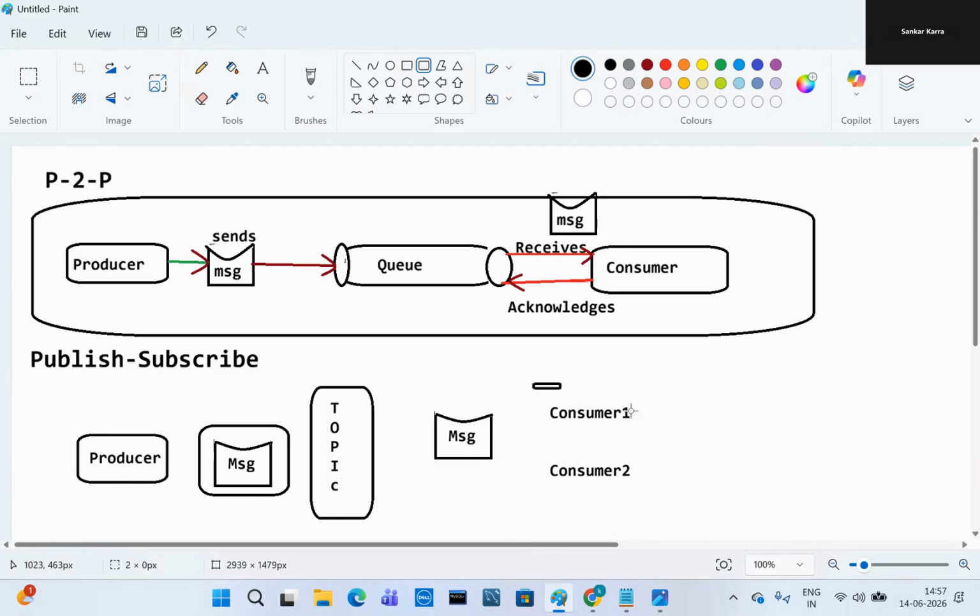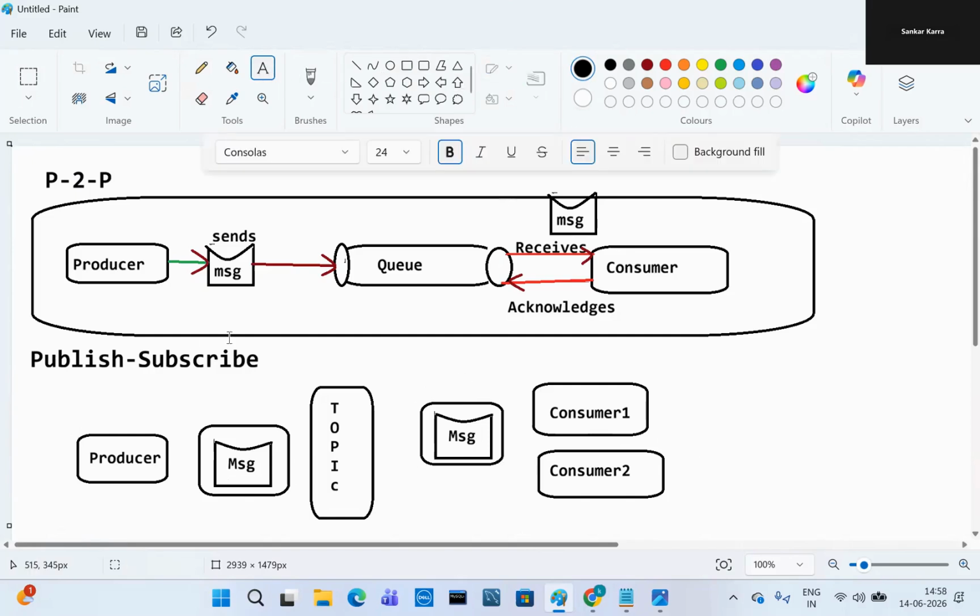Here is consumer one and consumer two, and the message. Now the producer publishes messages to partitions. Inside the topic, partitions are available.